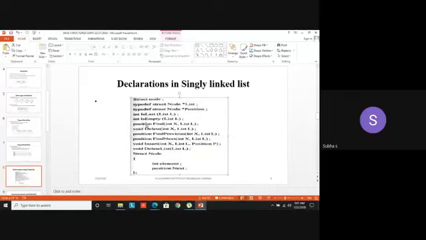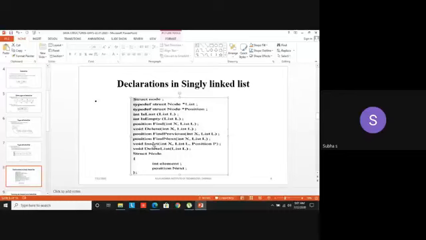That means it will return the particular position. Position means what? Next. I have declared the variable called next. Then find previous. Find previous means for a particular node, what is the previous predecessor node? I can check that in a linked list. Then find next. I want to find the successor element of a particular element x in the given list L. Yes, these are the operations with respect to find.